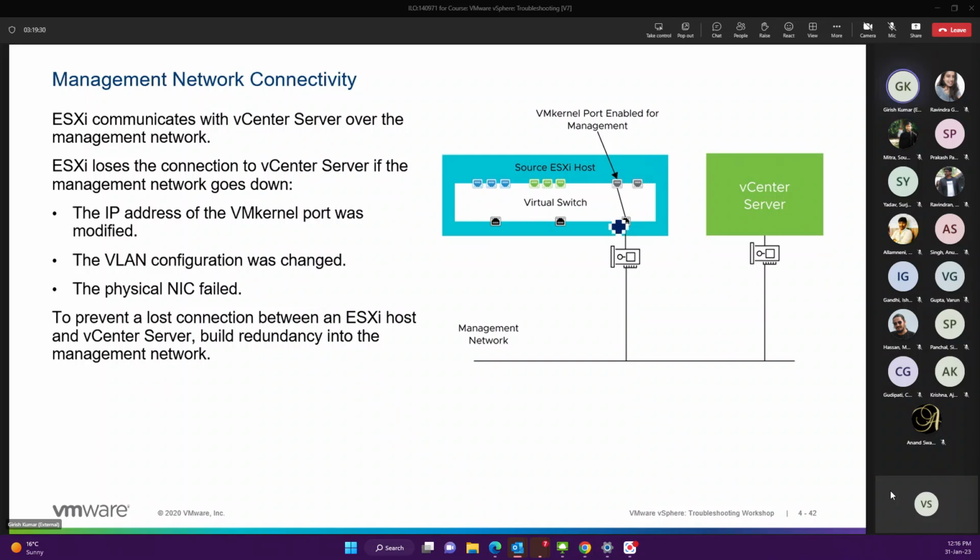So this is what they're trying to show you. You have VMK0 being used to send the heartbeat from the ESXi host to the vCenter. So ESXi communicates with vCenter over the management network VMK0. ESXi loses the connection to vCenter Server if the management network goes down, the IP address of the VMkernel port was modified, the VLAN configured at VMK0 has a wrong VLAN tag, or